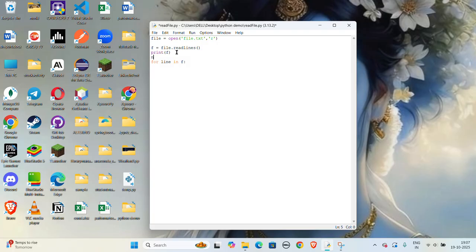Let's just create a new list variable and assign it an empty list, and then we'll append all the words inside this new list. We'll do new list dot append and line,